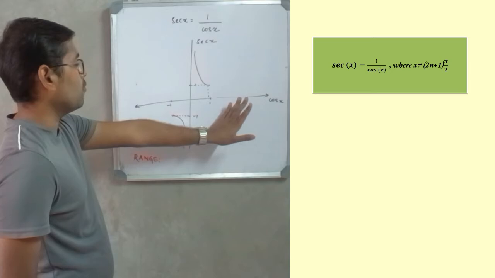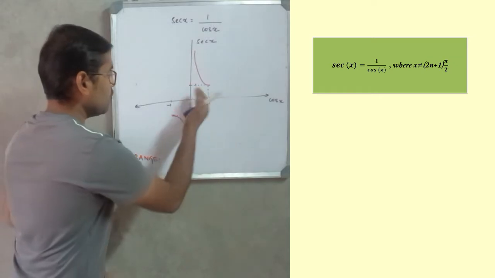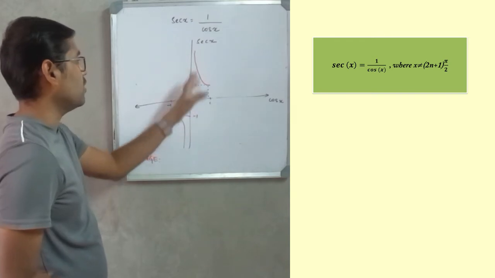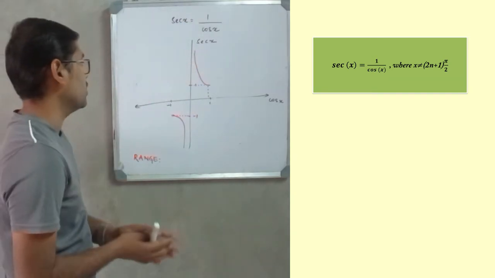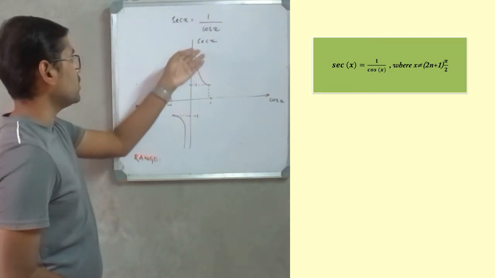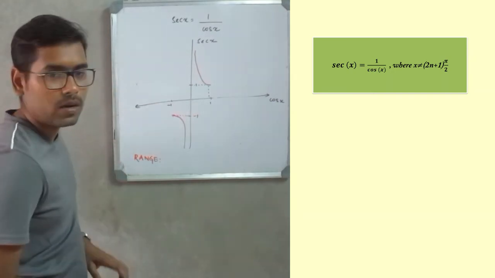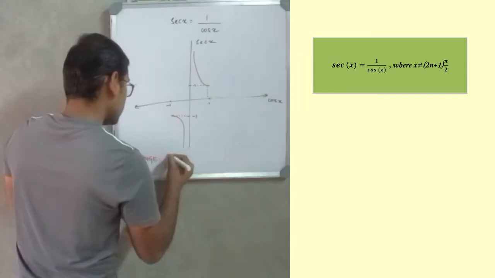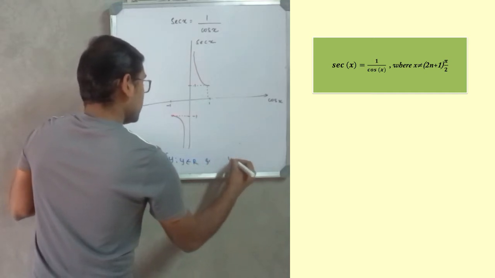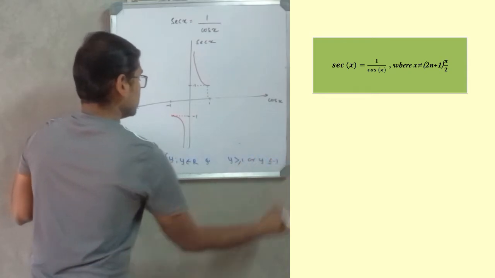Similarly, for the value of cos x equal to 1, the value of sec x in that case will be 1. If I decrease the value of cos x, then the value of sec x will increase. If I approach 0 from this side, it will approach infinity, which means the value of sec x varies from minus 1 to minus infinity, and plus 1 to plus infinity. So if you observe again here, sec x will not take any value between minus 1 and 1, which means the range of sec x is the set of all y where y belongs to real numbers and y is greater than or equal to 1 or y is less than or equal to minus 1.